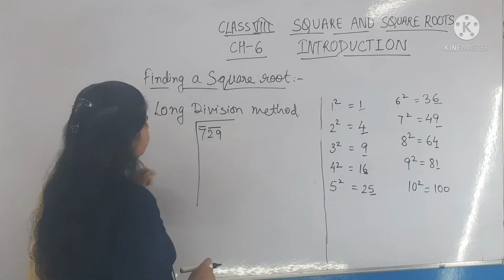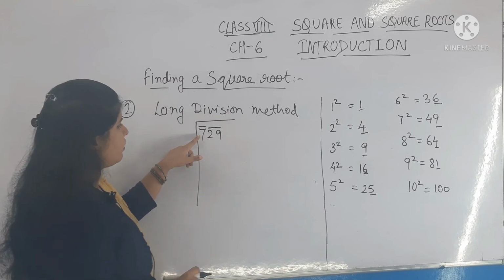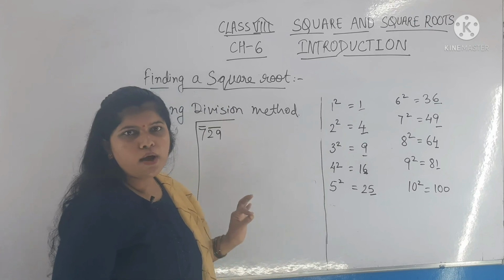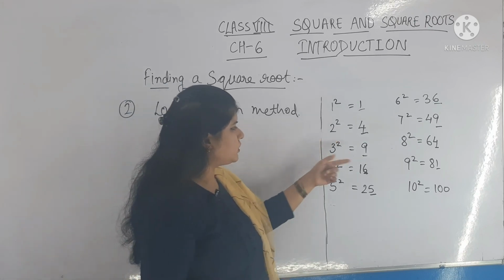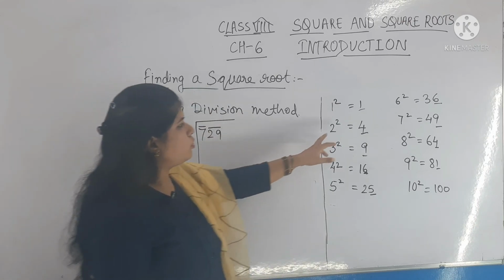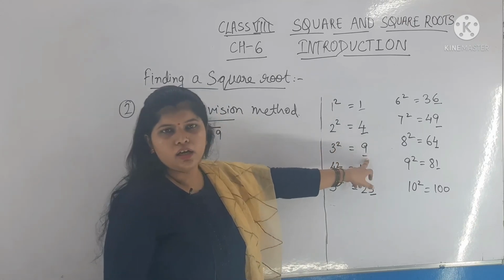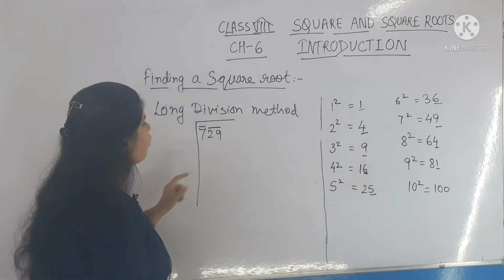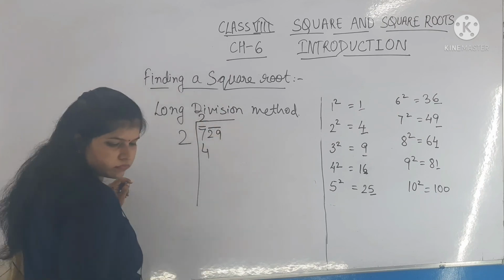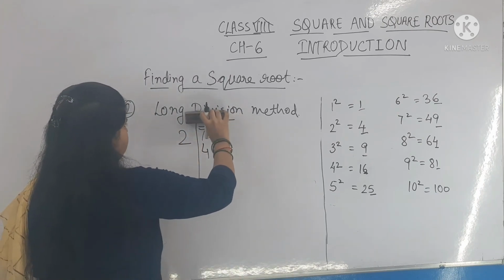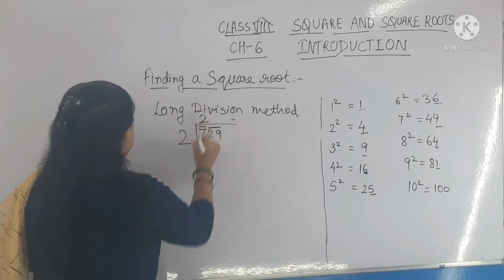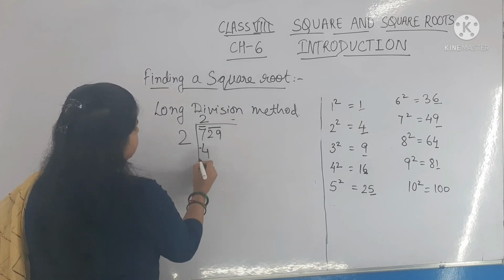Okay, so here it is 7. So here you can see 2 2s are 4. In the squares only you have to take 2 2s are 4, 3 3s are 9, 4 4s are like this. So you have to see what is here, 7. Here 2 2s are 4, then 3 3s are 9. So 9 is bigger than 7. So what we will do? I am taking here 2 2s are 4. So 7 minus 4 is